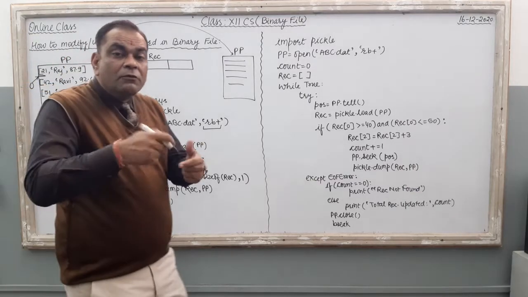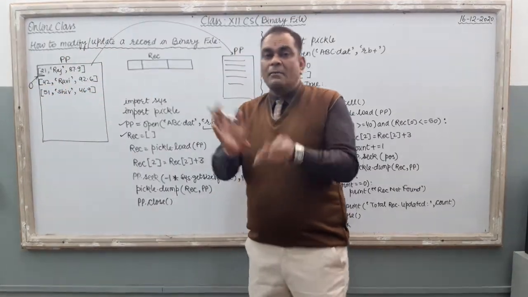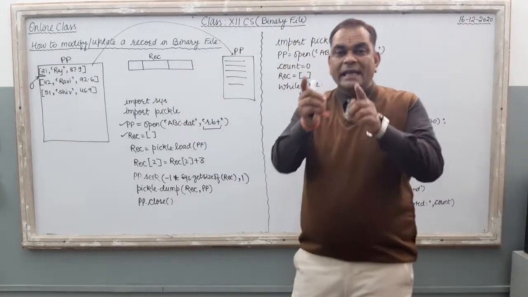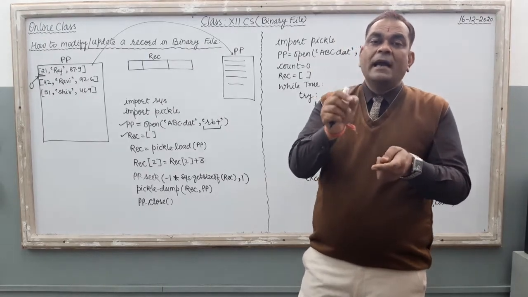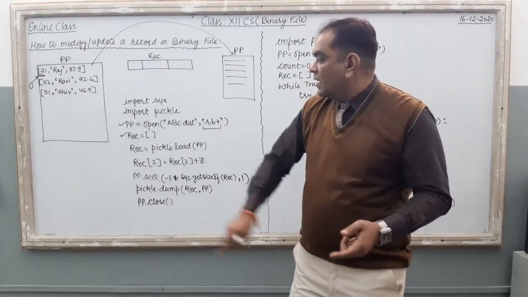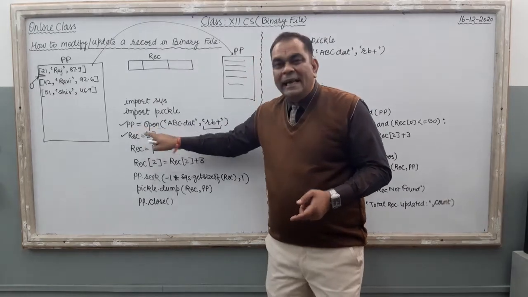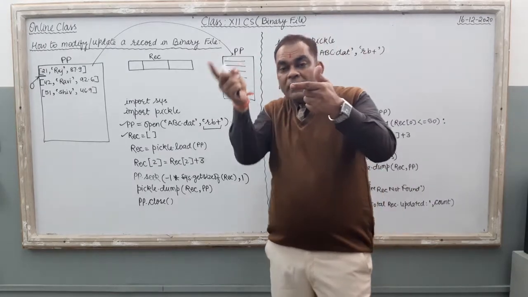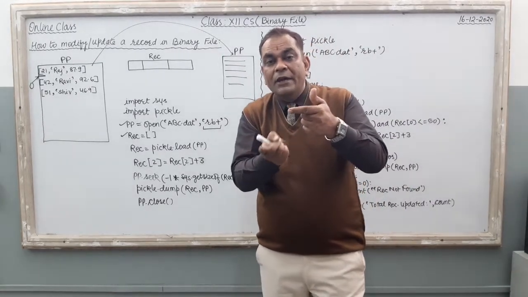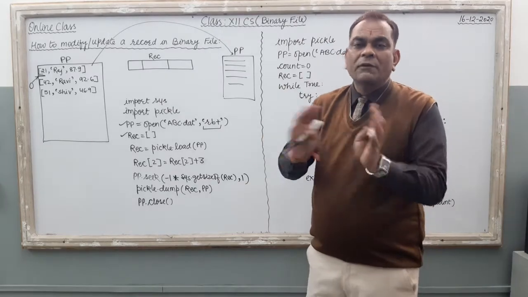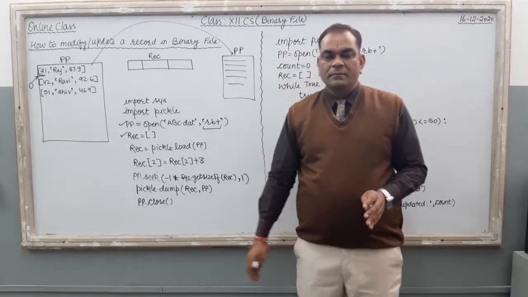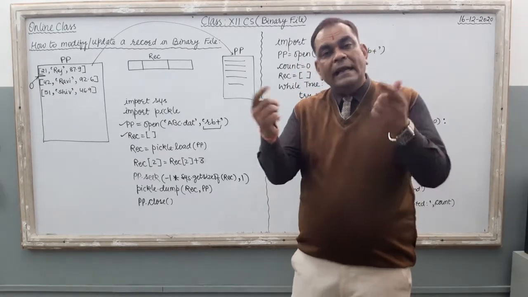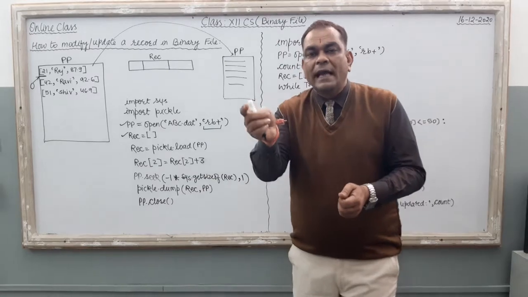If you want to move the cursor, you use the seek function. Seek bracket, and then inside the bracket if you put 50, just see pp.seek(50), it means your file pointer is going to shift to the 50th position in your file handle. So you can move the file pointer by using the seek option. If you want to know what is the current file pointer position, then the tell function is there, pp.tell().